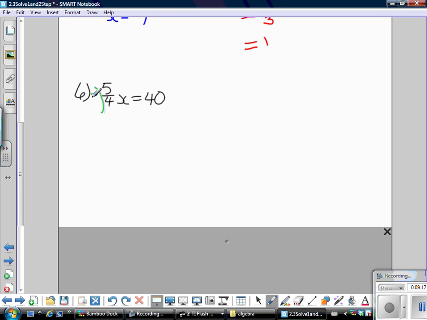So I'm multiplying by 4/5 on that side, so I must multiply by 4/5 on this side. And when I do that, the 4/5 and the 5/4 cancel out, and I'm left with 1x equals